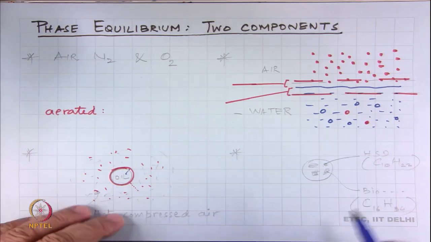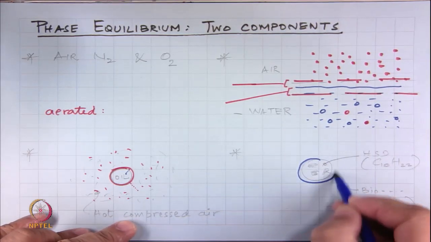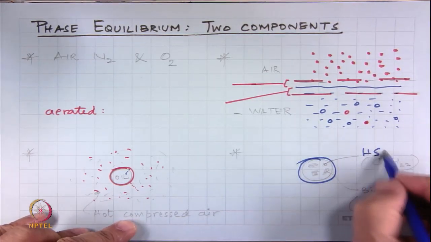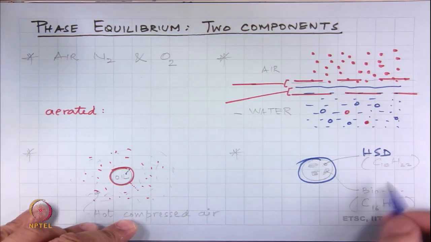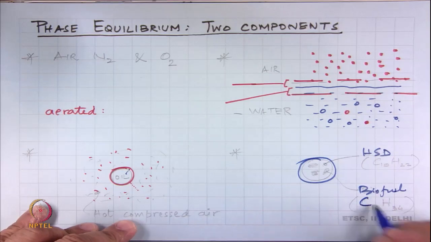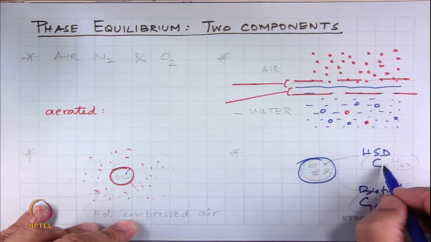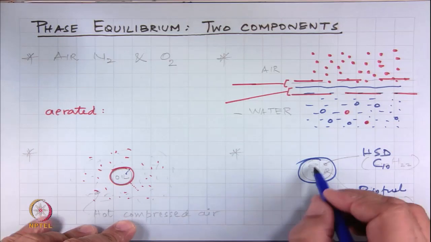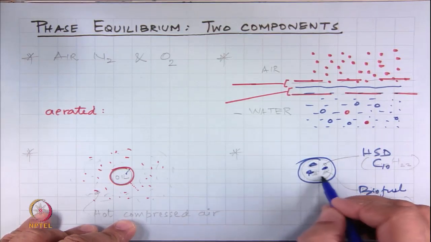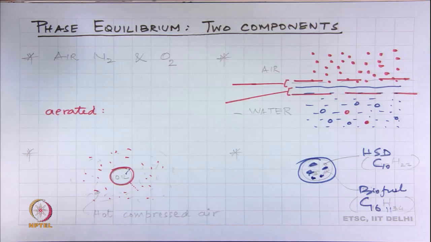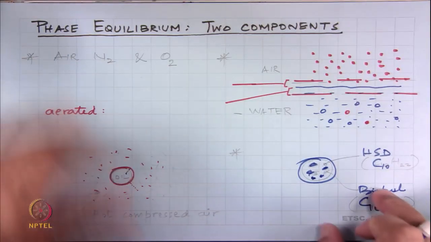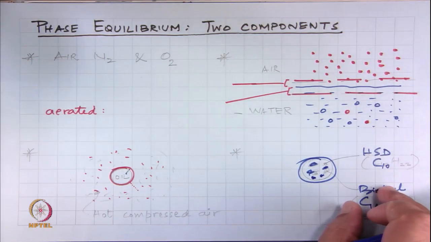And this is especially the other application, in that if you are trying to have something like biodiesel, where you have HSD and some biofuel, some sort of an oil or a vegetable oil, which is a much heavier molecule, C16, C20, something like that, versus HSD, which is C10, then these two are not going to exactly mix with one another. How they will behave and what their equilibrium behavior will be like, this is something we would like to know. So, these are the type of applications that we are looking at for two components in two phases.